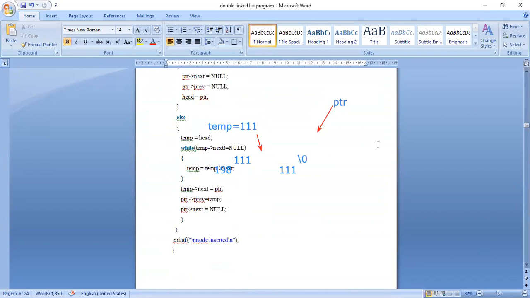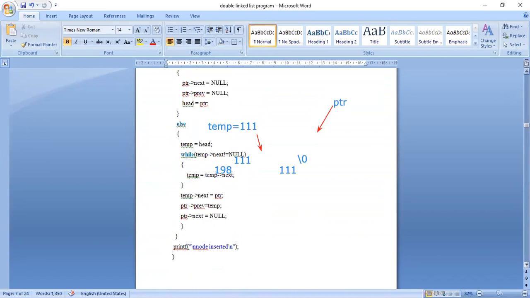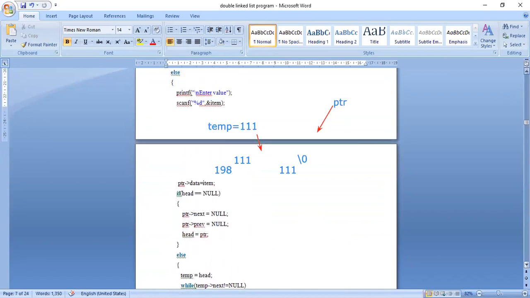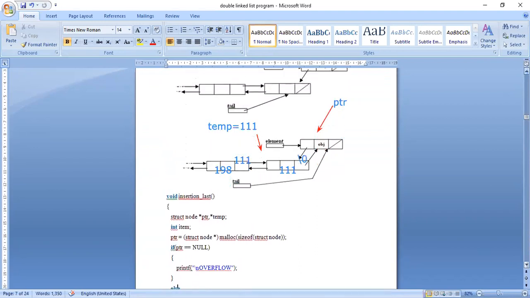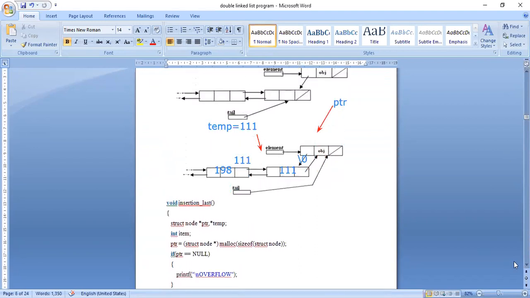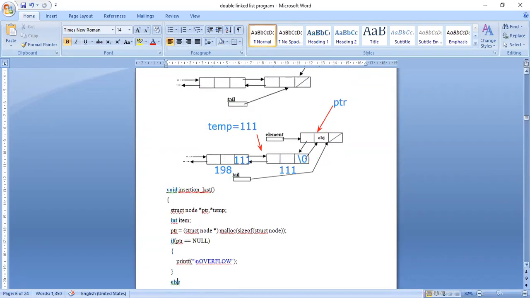So pointer of next is equal to null means this part, the last null part. So this link I am changing, this link I am changing, this link I am changing. So 3 links I have changed.